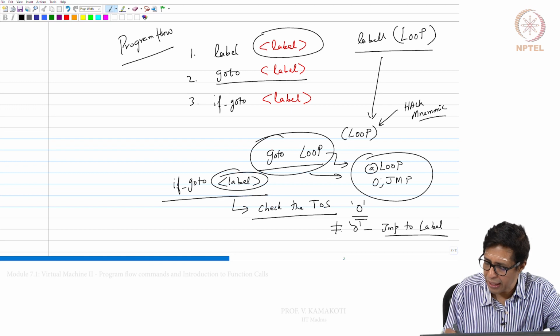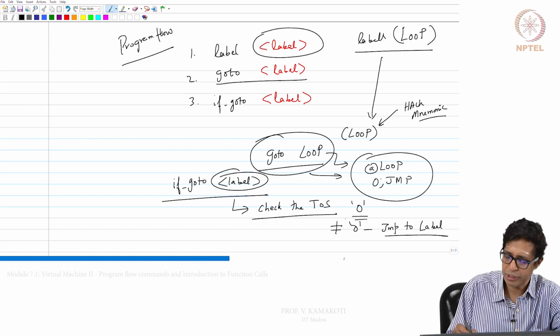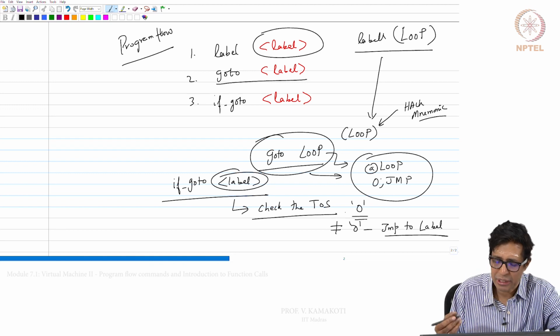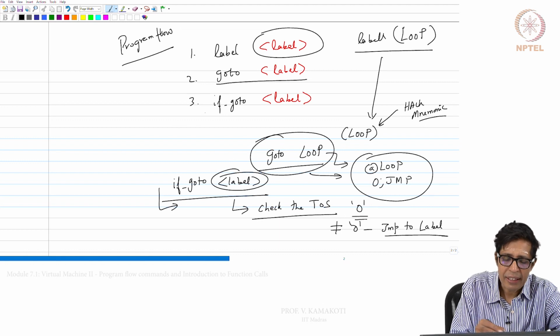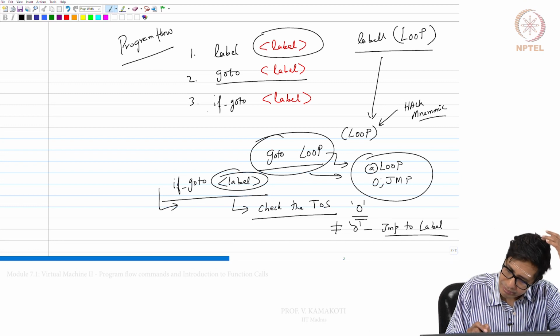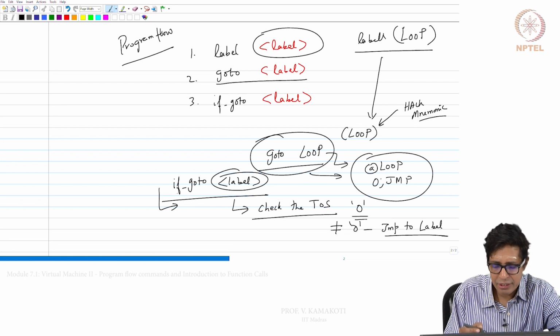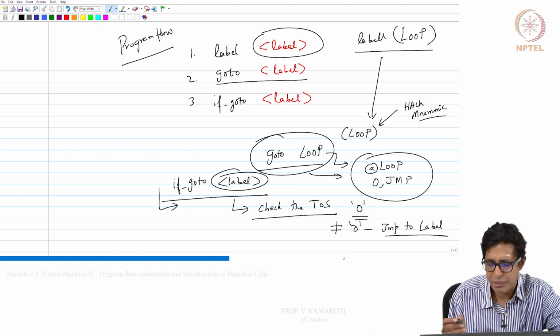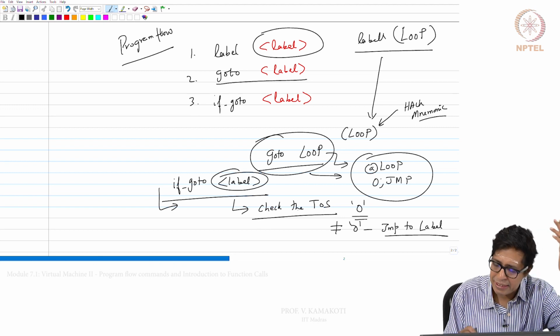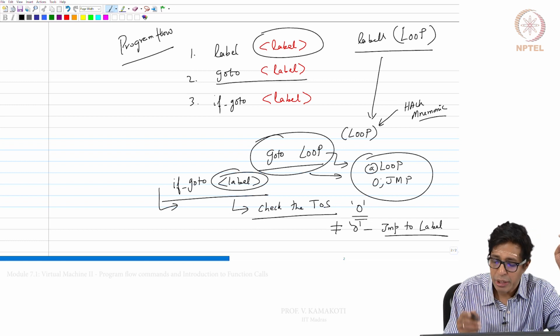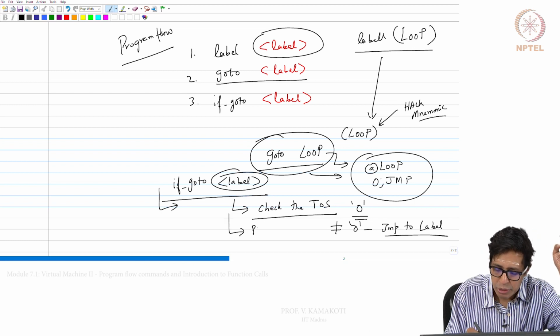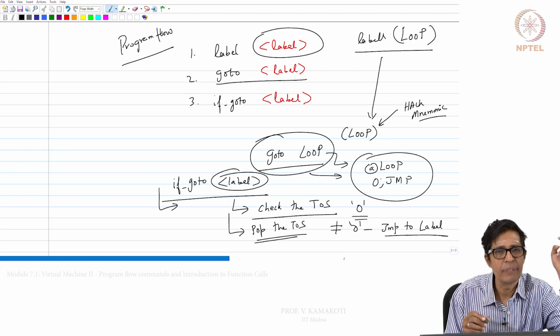If the top of the stack is equal to 0, then it just proceeds to the next instruction. So, this is the conditional statement. If the top of the stack is non-zero, then it is going to jump to the label. Importantly, it will also pop the top of the stack.